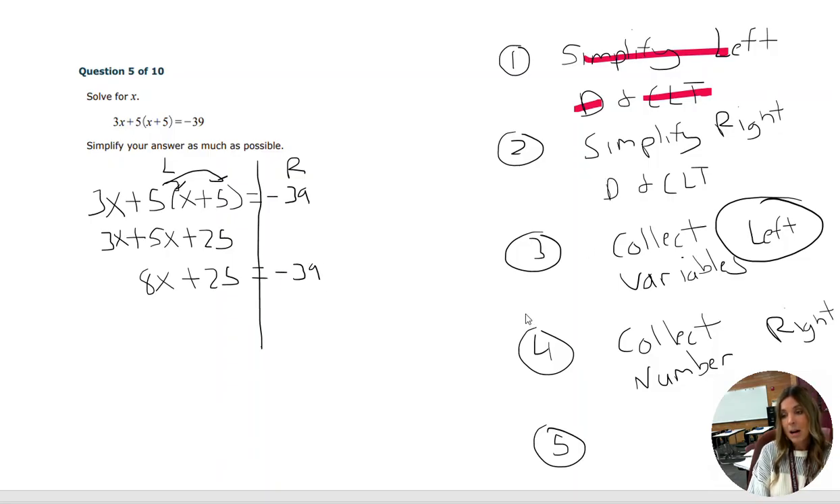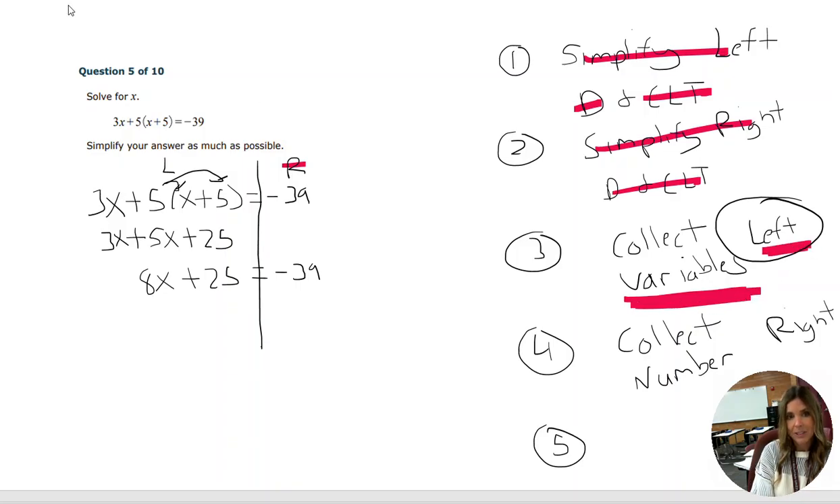Okay, now on our right side here, there's nothing to simplify. That side is as simplified as it can get, which means we are then going to move to our next step, which is to collect our variables on the left. So this term right here, this is our variable term. The 25, that is a number term. We want variable terms to be on the left, and we want all of our numbers to be on the right. So we want to get this variable term all by itself on the left,